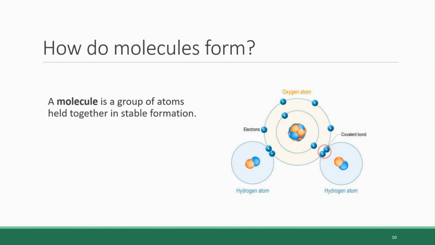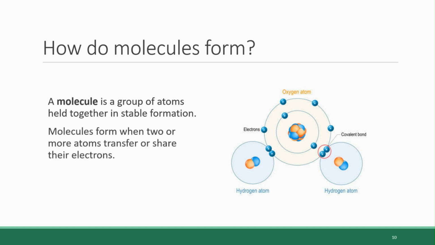Where we left off, we had just finished defining what a molecule is, which is a group of atoms held together in stable formation. The next concept that we need to tackle is how molecules form. Molecules are created when two or more atoms transfer or share their electrons with each other. When this transfer or sharing of electrons occurs, we now say that a chemical bond has formed between the atoms